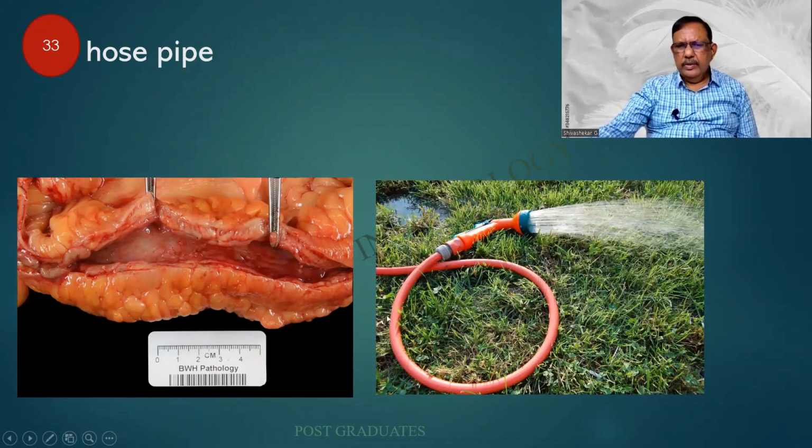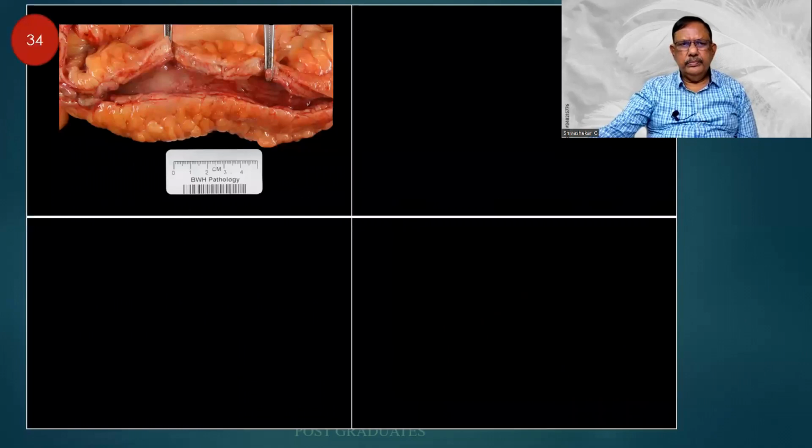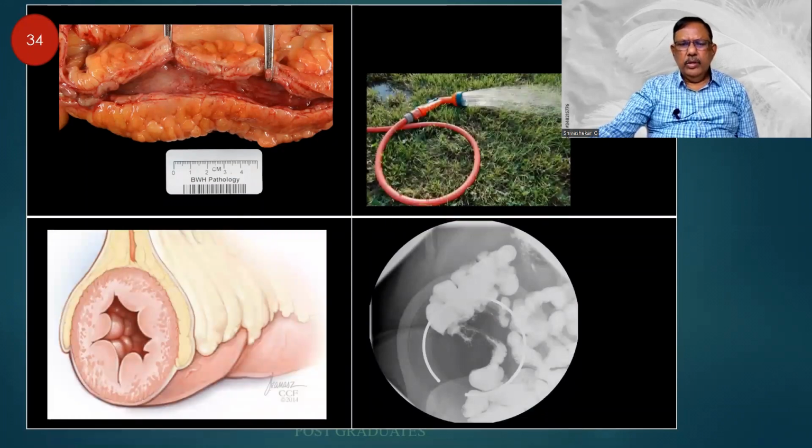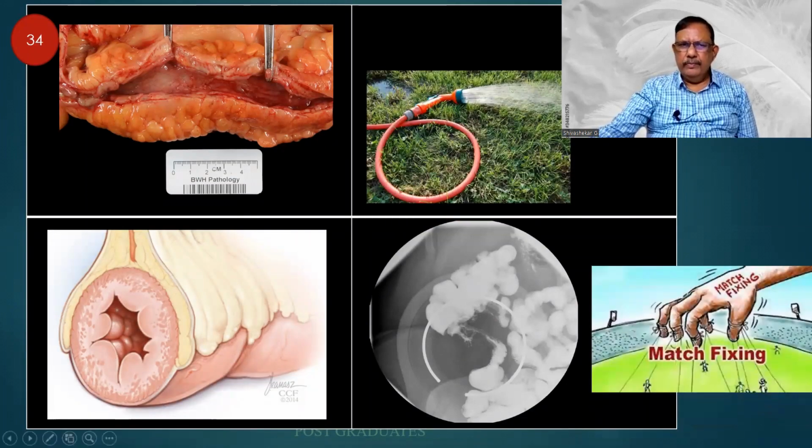And that is it. So you can very well appreciate the rigidity in this one. Feel the texture. So I would like you people to kindly do the match fixing in this case. I'm able to see this one, and probably there's a string sign, and there is a thickening, there is a hose pipe rigidity. And also the creeping fat over the intestine can be appreciated very much in this diagram.